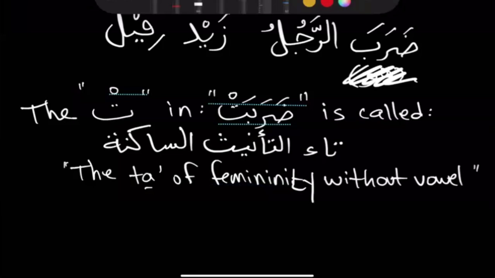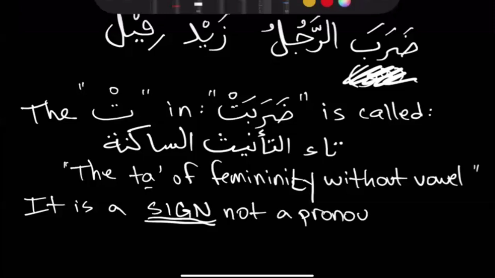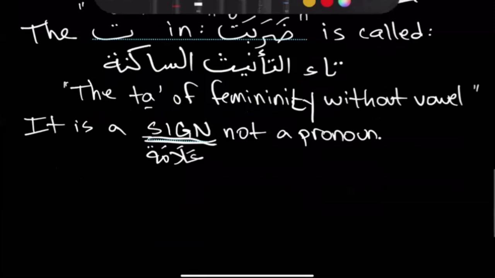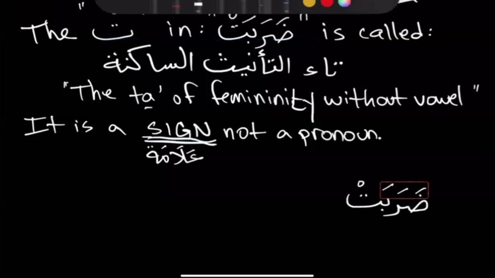It is a sign, not a pronoun. Alama. Alama means sign. It's an alama, a sign for femininity. And so then where's the pronoun? The pronoun is going to be the same thing like we said about huwa, which is that it's built in. There's no pronoun that we're saying. So when you say darabat, you just say darabat only, then